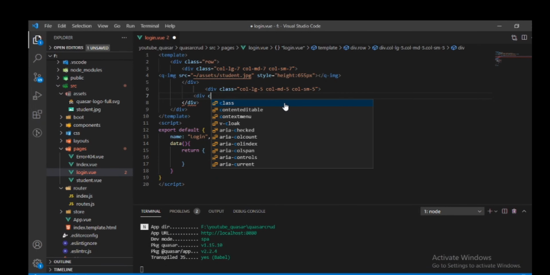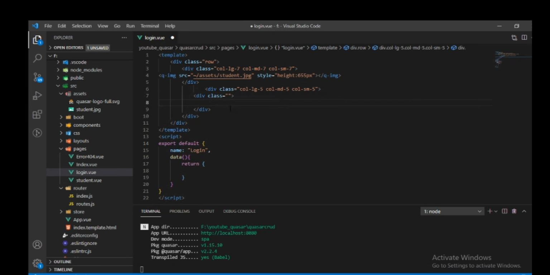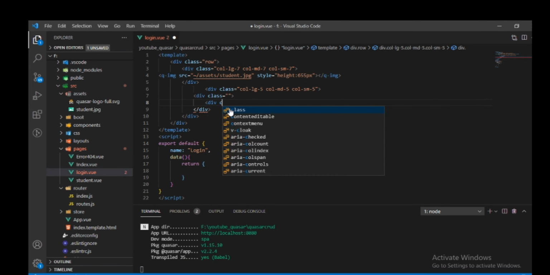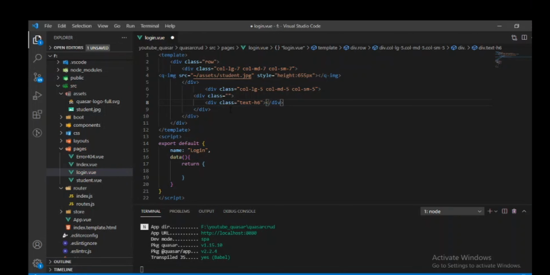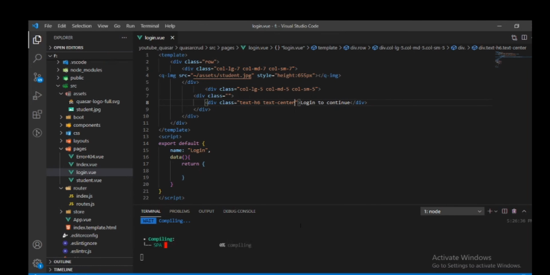So let's take a div with class. In this div we will take a div with class text-h6 and then "Login to continue". Okay, for that we will use text-center. We'll check it.